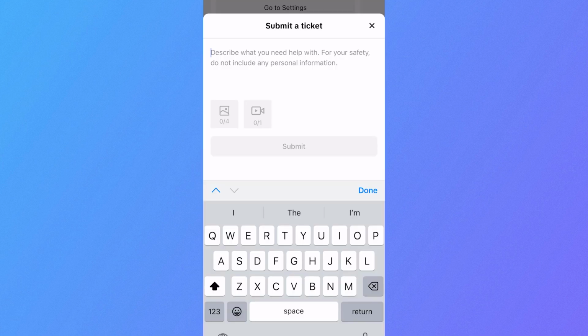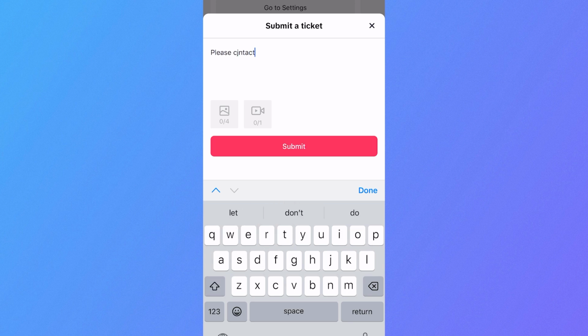And you may also want to mention in this message a new email address where TikTok can contact you on. So you could say something along the lines of please contact me on my new email address, and then just go and type out your new email address, and then that way it's just a reference for TikTok to be able to contact you in the future. And once you finish this message, we can just go and press submit, and then you'll just need to wait a couple of days while the TikTok team goes and reviews this